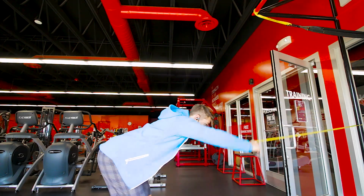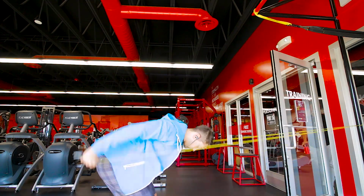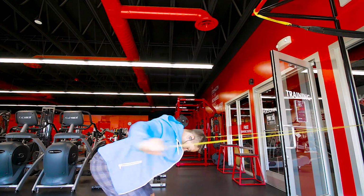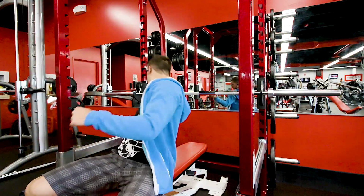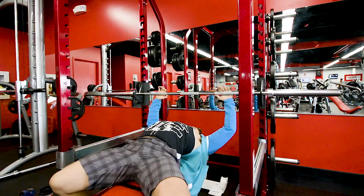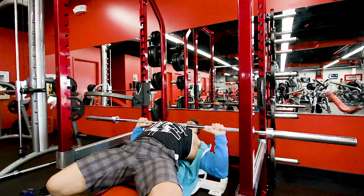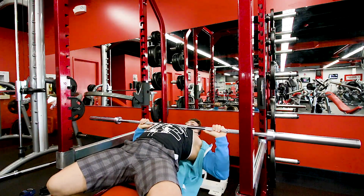So again, definitely something I would recommend very highly if you haven't been doing any kind of dynamic warm-ups, is to start doing them before your workouts, and I guarantee you'll notice a huge change when you start to actually lift. And once I get into my first exercise for the day, which is going to be flat barbell bench,